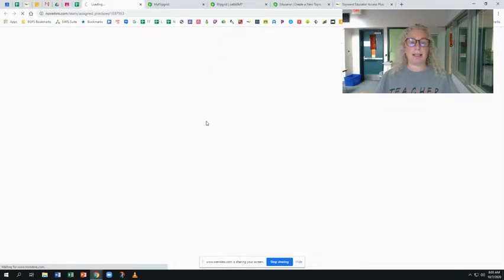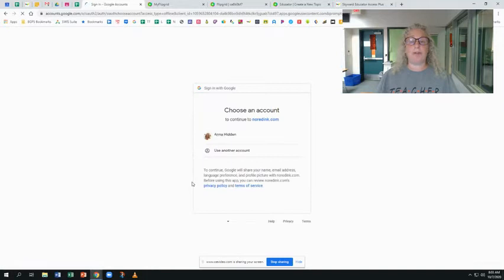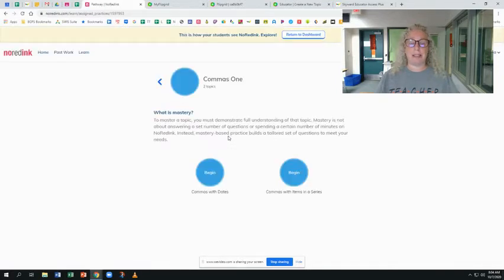When you click on that link, it's going to say sign up or log in, and you want to log in with Google because you've already logged in. You've already done the diagnostic. So now you're just going to log in with Google. Once you click log in with Google, then you are going to click on your battlegroundps.org email address, and then